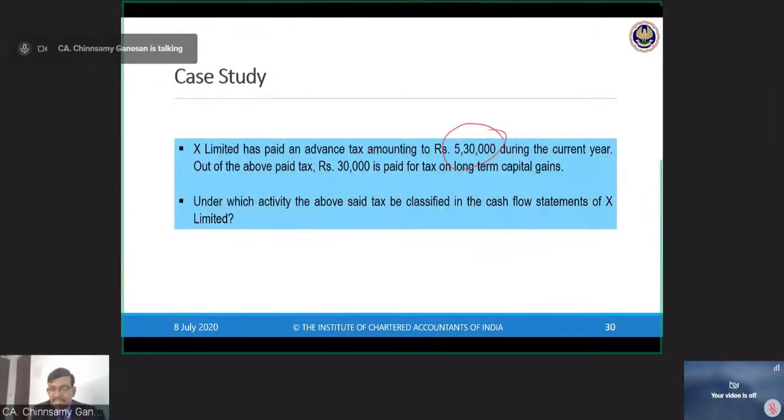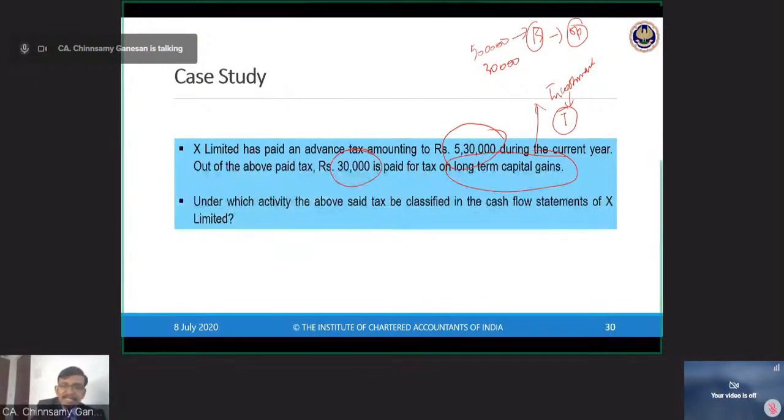Long-term capital gain will come from investment. So the moment I say investment, it goes to investing activity. Whereas this 5 lakh is advance tax paid for my business income. So if it is business income, it is nothing but operating activity, right? So in the cash flow statement, normally the cash flows in respect of taxes will be shown as part of my operating activity. But in this particular case, a portion relates to long-term capital gain. Going by the previous point,